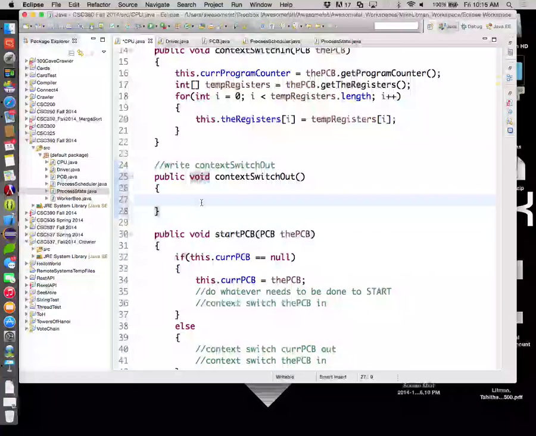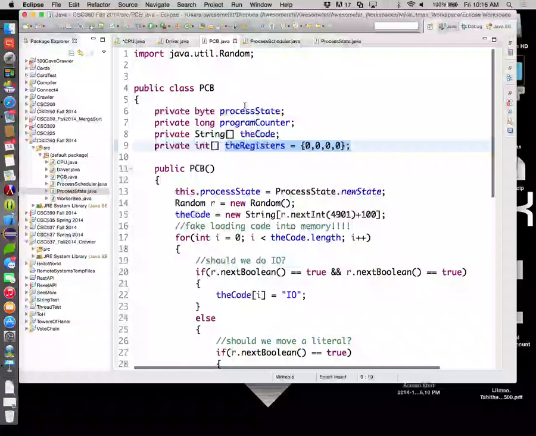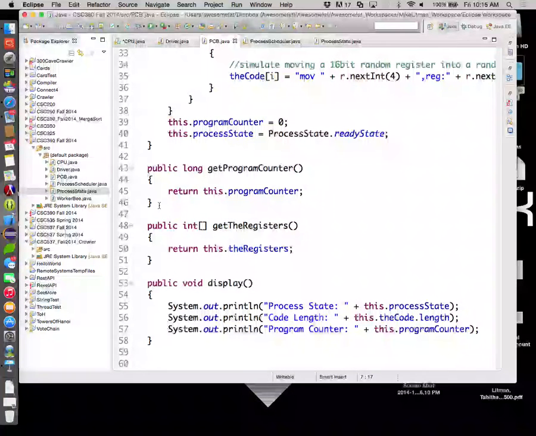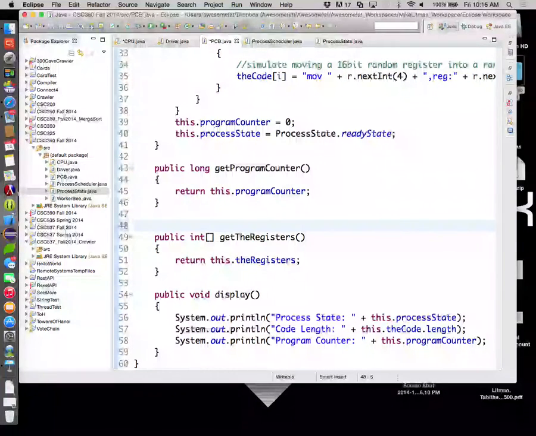We're going to set this dot cur PCB dot, I don't think we have a way of setting the current program counter. So what we need to do is go into our PCB data structure. We have a private variable program counter. We've given ourselves the ability to get that program counter, but now we need to give ourselves the ability to set that program counter. So as we are transitioning a process out of the CPU, we can rewrite to that process. We're storing the current set of data from the processor. Here's what your current program counter is, and here's your registers. So we need to be able to write those things back to the PCB data structure. So the next time it comes through the line, it's going to be able to remember them. So we're going to have a method,